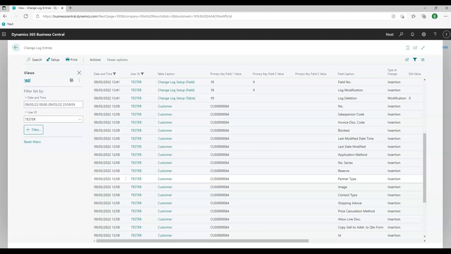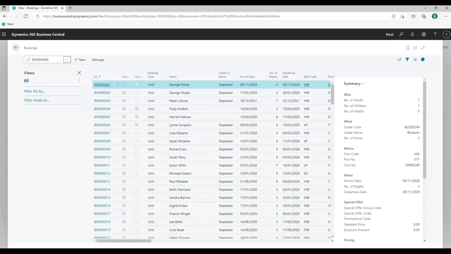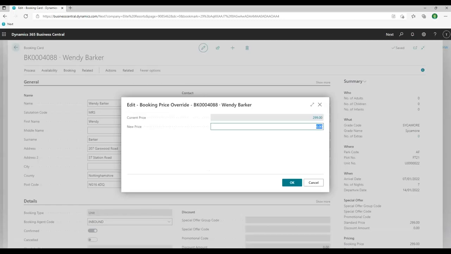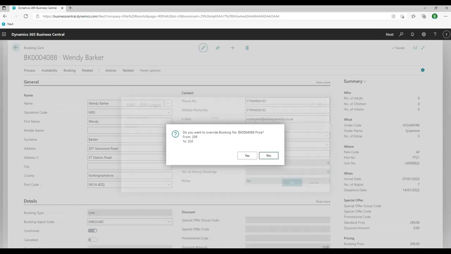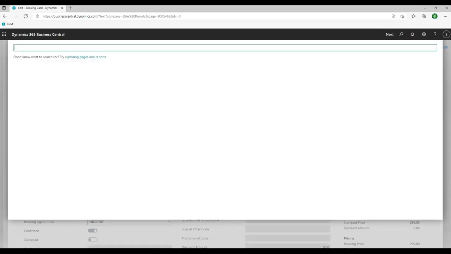I also have the changelog switched on for bookings, so if I make some amendments to some bookings, we'll then have a look back at the changelog to see the difference. So if I search for bookings now, and then find a booking that I can amend, I'll amend the price of this booking. And I'll also change the name of the booking, and I'll see this in the changelog. So if I go back to the changelog now,